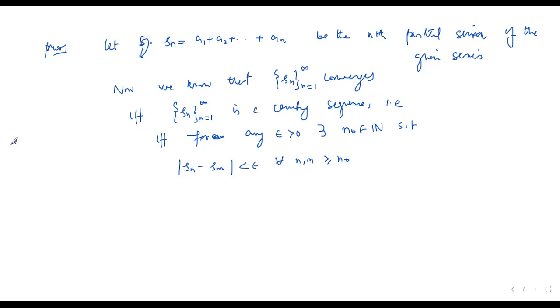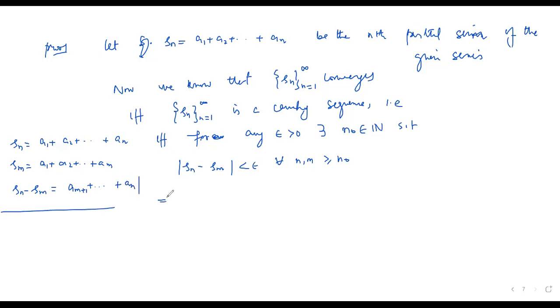Now, what is Sn? Sn in our case is a1 plus a2 plus so on and so forth up to an. And what is Sm? Sm is a1 plus a2 plus so on and so forth up to am. और अगर मैं इन दोनों को subtract करूं, say m is less than n, then Sn minus Sm would be am plus 1 plus so on and so forth up to an. So this implies that summation, मैं पूरा लिखता हूँ, am plus 1 plus so on and so forth plus an